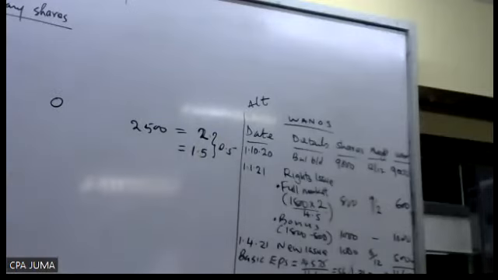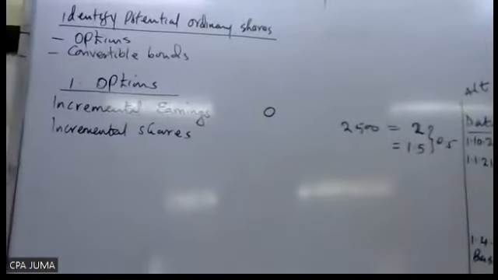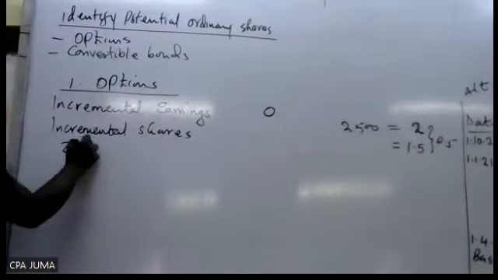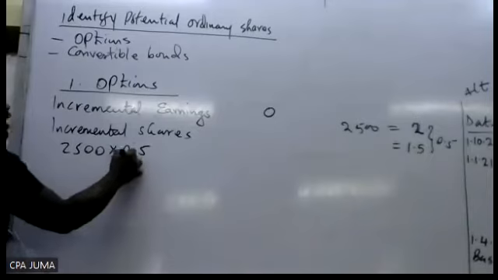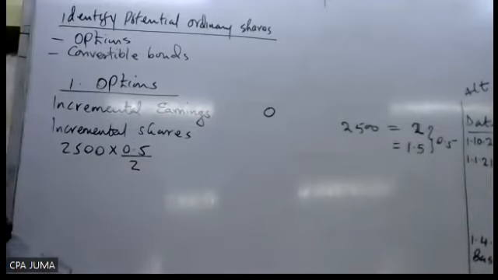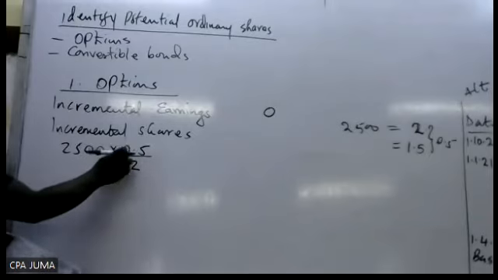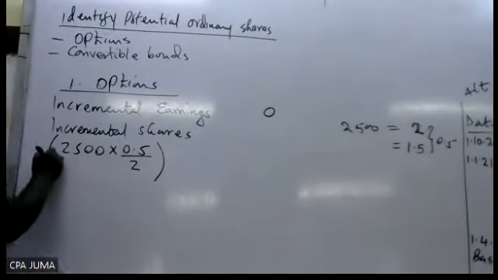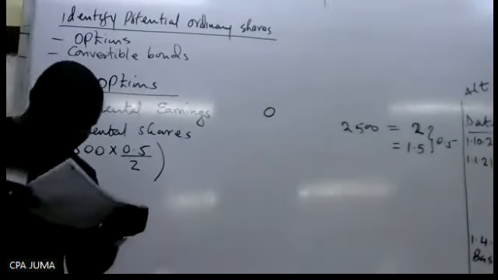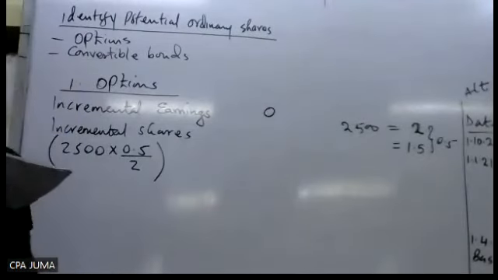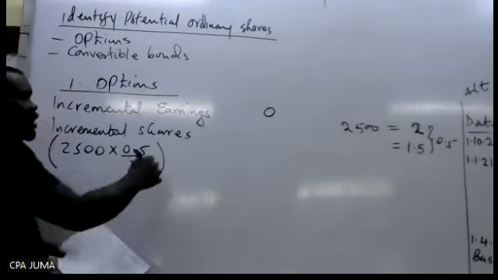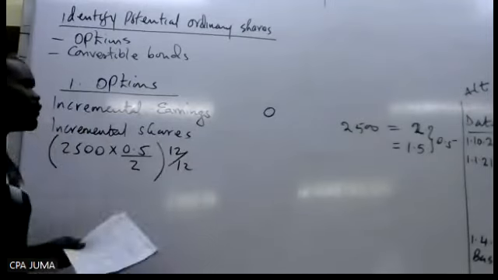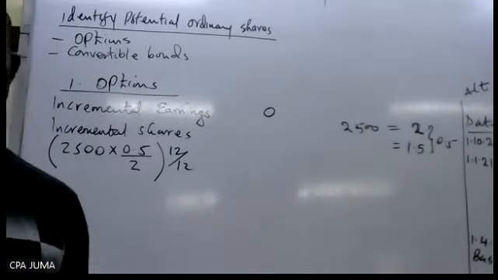So you do it this way. Incremental will be 2.5 times 0.5 over 2. So 2.5 is to 2. So incremental of 0.5. Then you weigh them. On which date? They said on which date? So you're at the beginning. Yes, when we started the year. So for the whole year, those shares are weighted for the whole year.